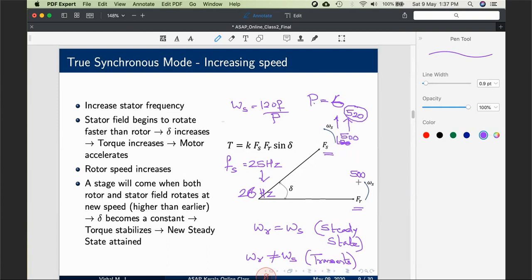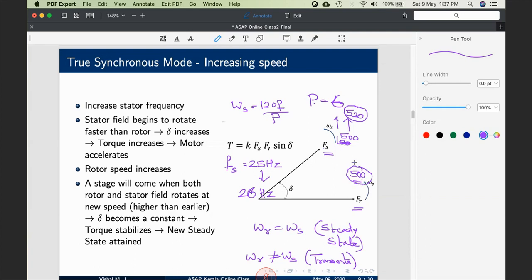Will the rotor speed rise in such a manner? Actually, it will not, because this is in the mechanical domain. It is actually the shaft of the motor. It has some definite mass, inertia, etc., which means it is in the mechanical domain, and mechanical time constants are of the order of a few seconds, which means the machine will need some time, of the order of a few seconds, to rise from 500 to 520. So immediately once you change the frequency, your FS speed immediately changes. FR continues to be the old value, which is 500.